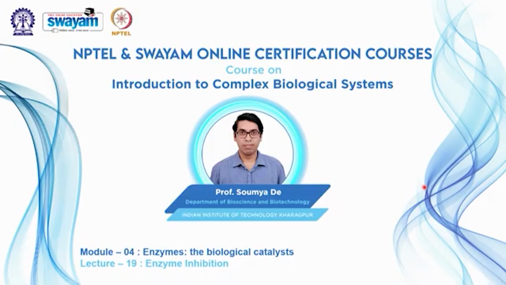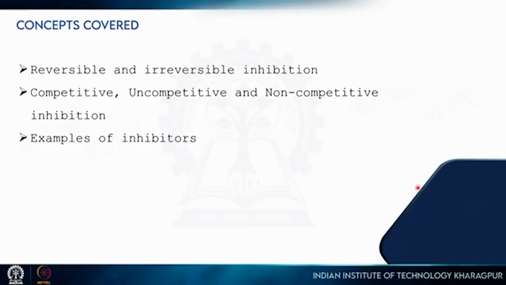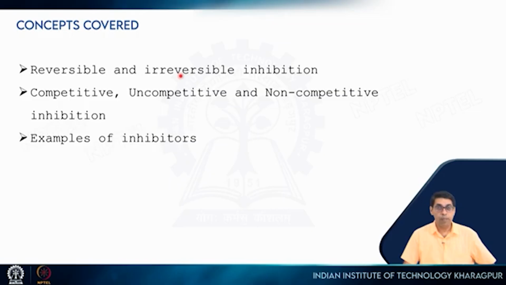Welcome back. In this lecture, I am going to talk about enzymes and their inhibitors. I will talk about several mechanisms of enzyme inhibition, and I will also give you examples of several very important inhibitors. I will discuss types of inhibitors. There are reversible and irreversible inhibitors, and under reversible there are three major types of inhibition mechanism: competitive, uncompetitive and non-competitive, and I will also give you examples of these different types